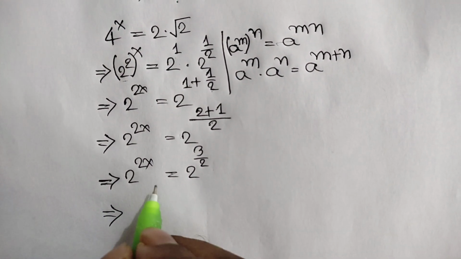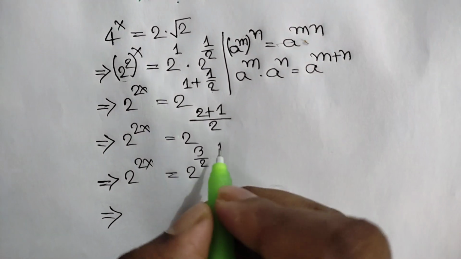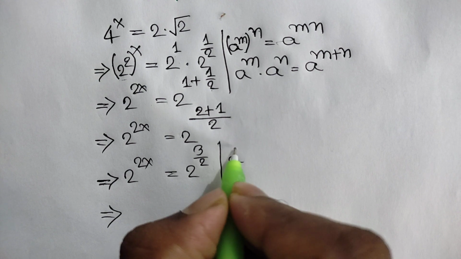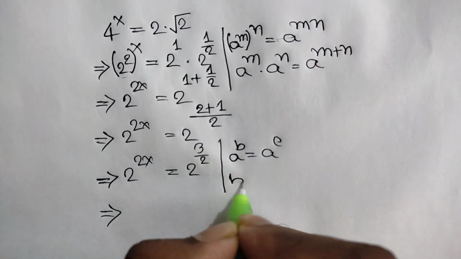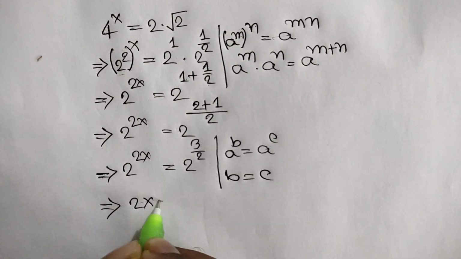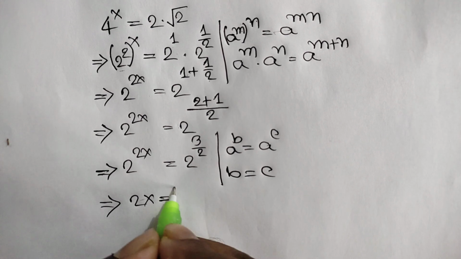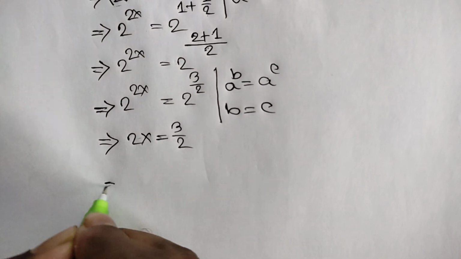Now see, here are the same base but different powers, so we can use this exponent rule: if a to the power b is equal to a to the power c, then b is equal to c. Apply this rule, here we can write 2x is equal to 3 over 2, or